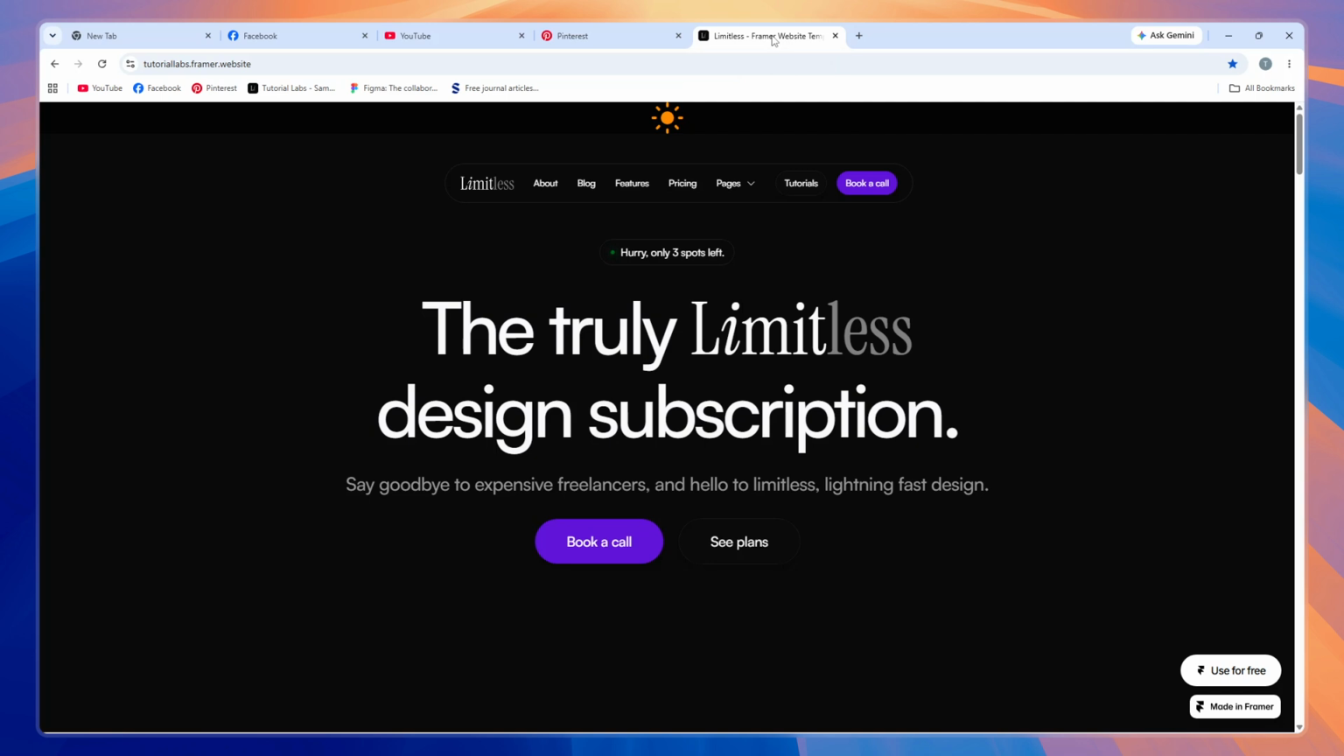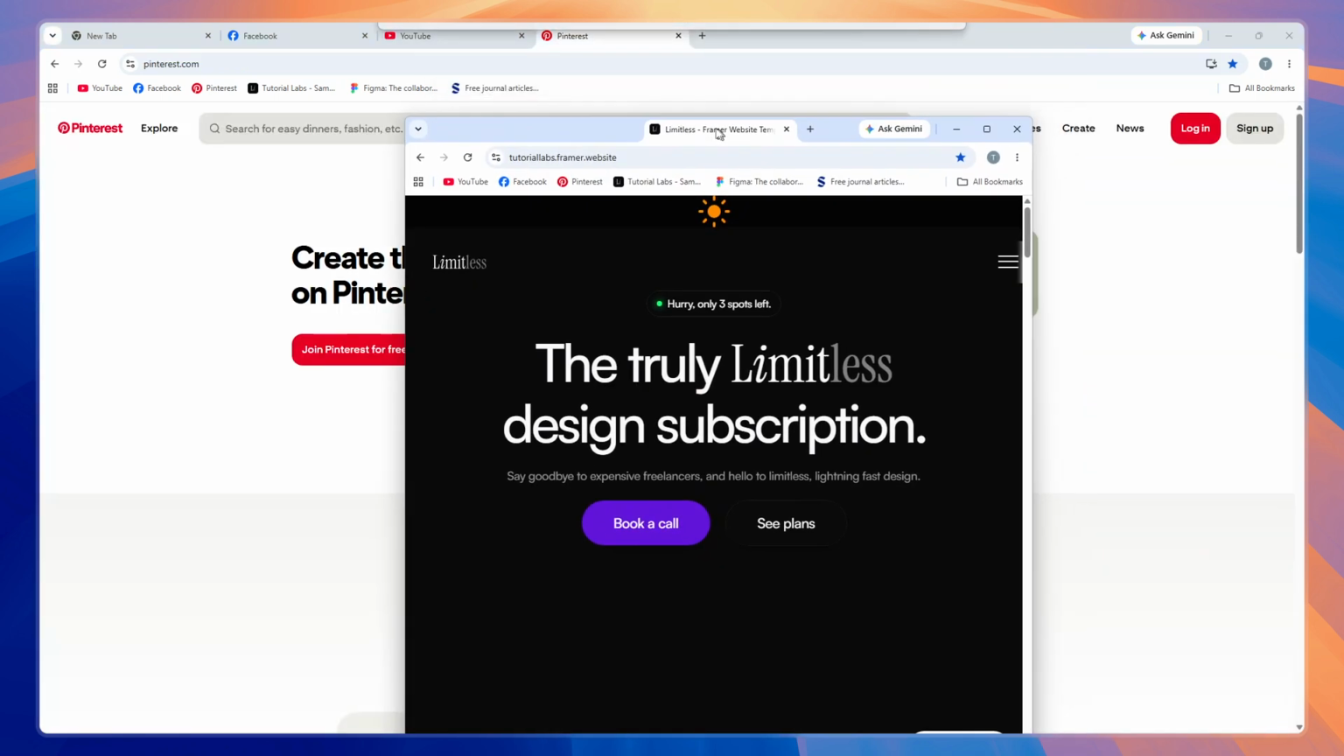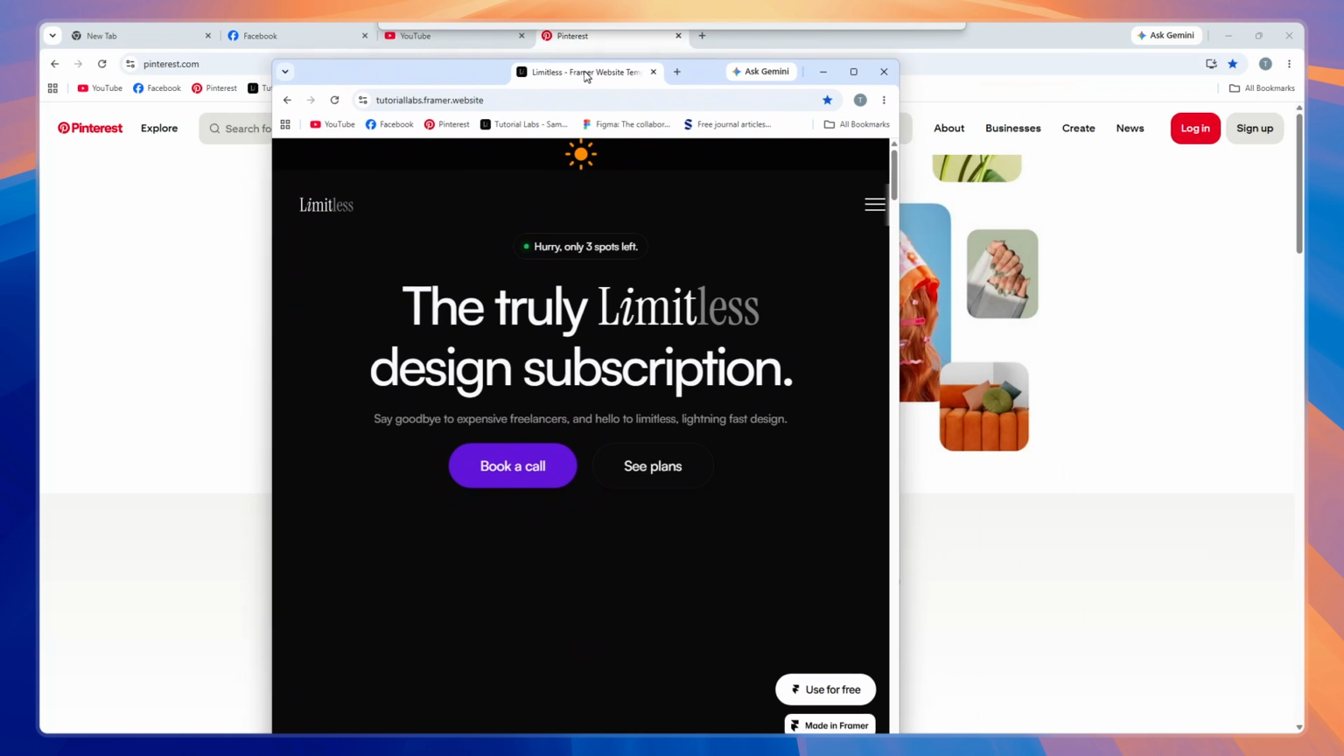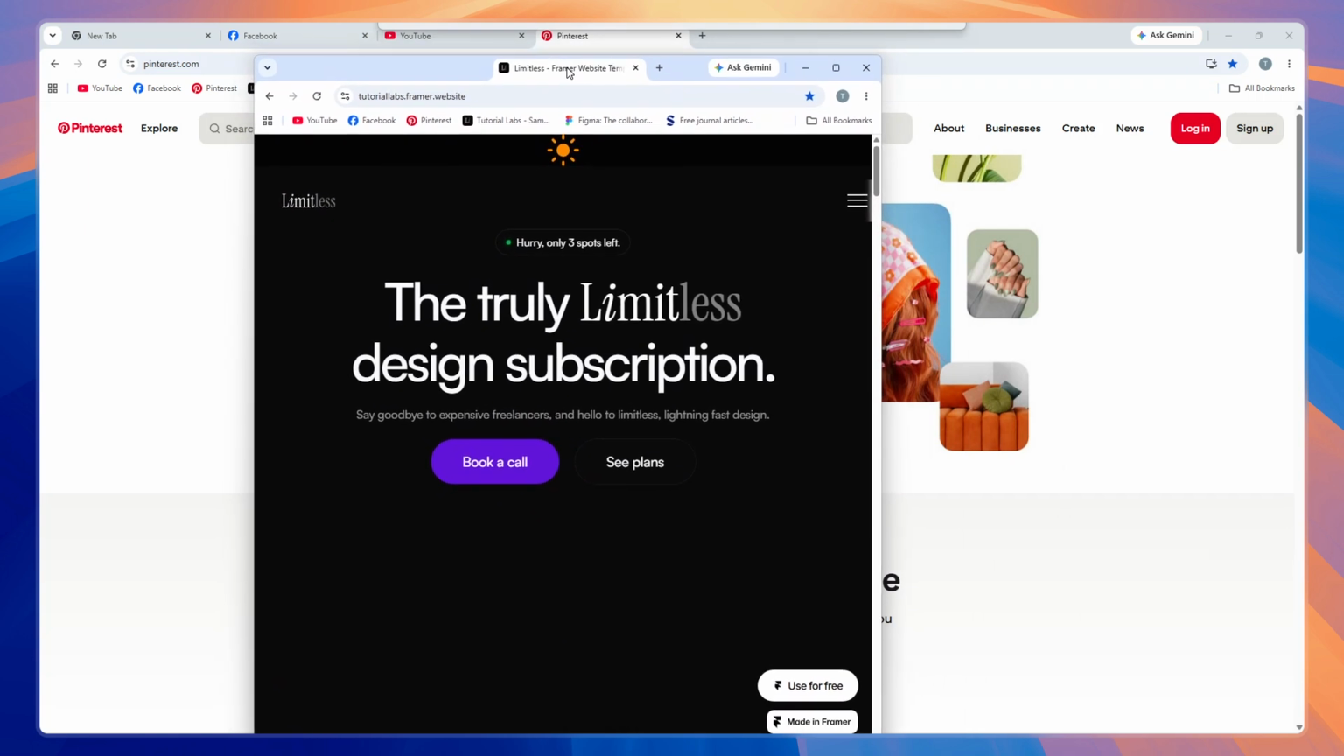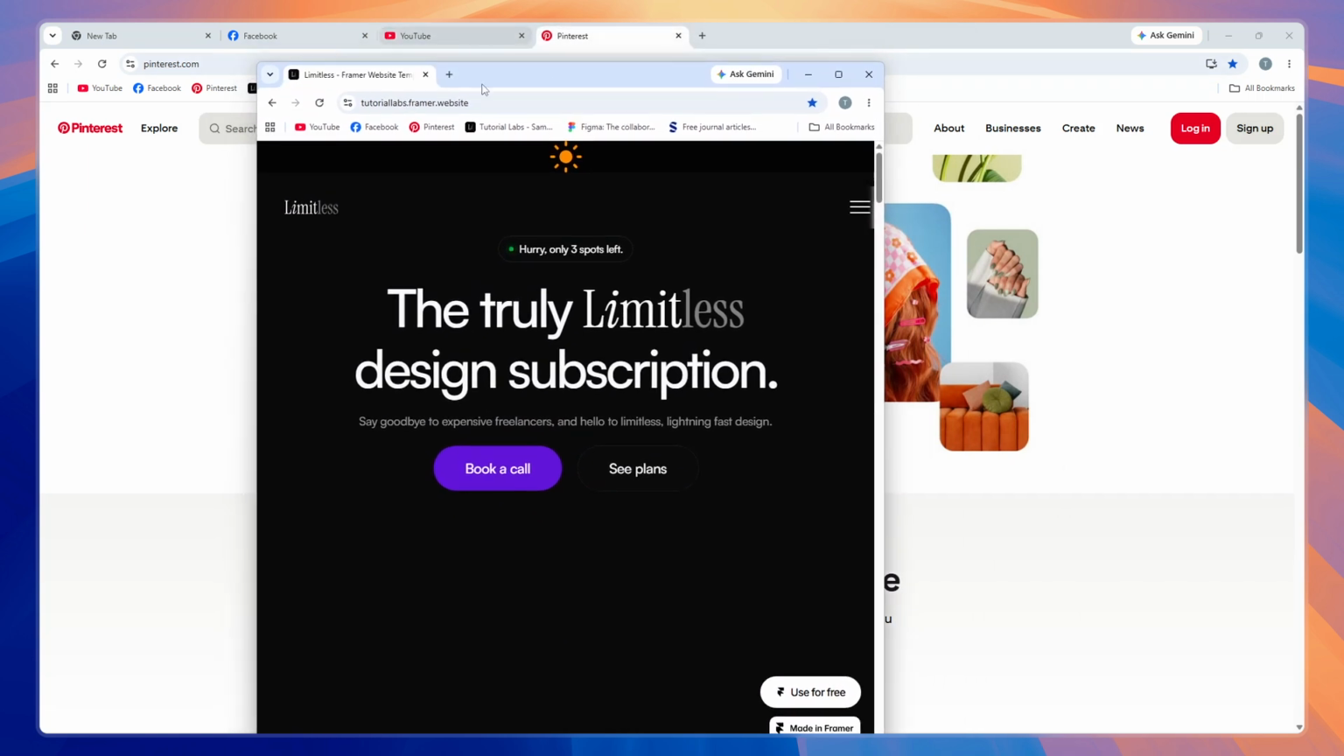Don't release it yet, you need to keep holding it for the next step. While still holding the mouse button down, drag the tab downwards away from the tab bar. You'll notice the tab starts to move with your cursor. As you continue dragging it down, Chrome will automatically detach that tab and open it in a completely new browser window. This feature is incredibly useful when you want to view 2 tabs side by side or organize your workflow